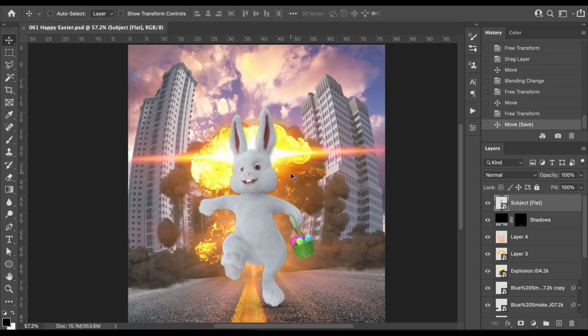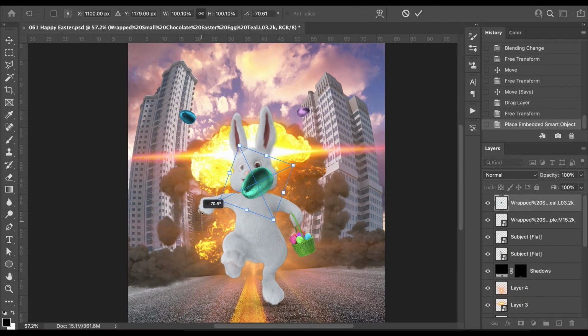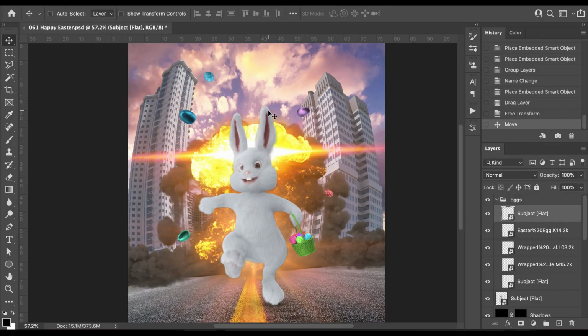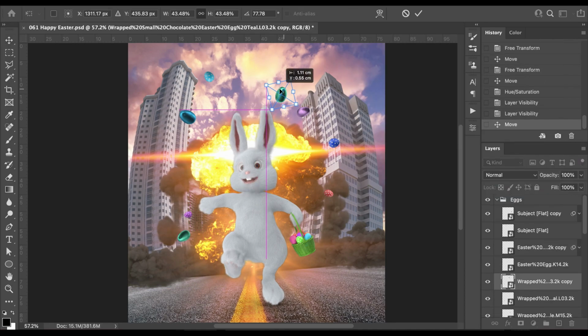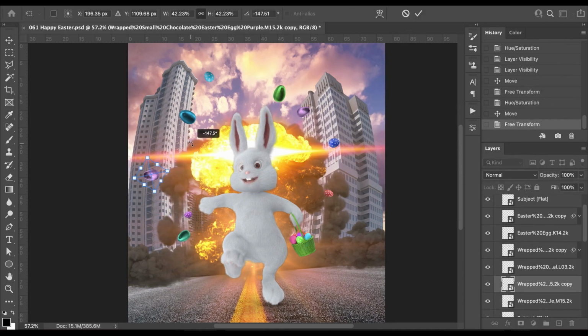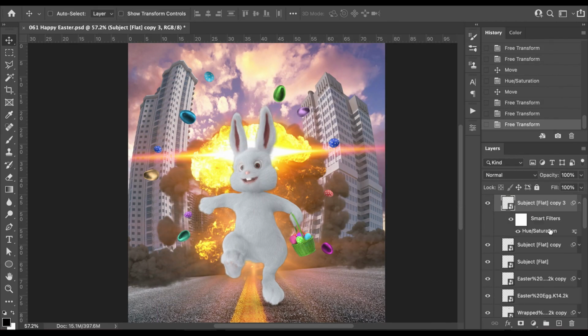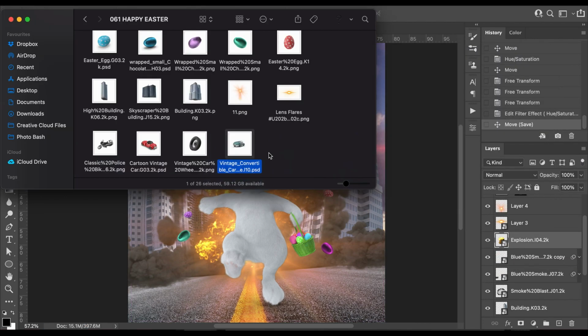Now let's put in some Easter eggs. Scatter them all around. I might speed this bit up because it's a little bit boring. That's looking good. Okay, now to give it a little bit more energy and a little bit more drama, let's